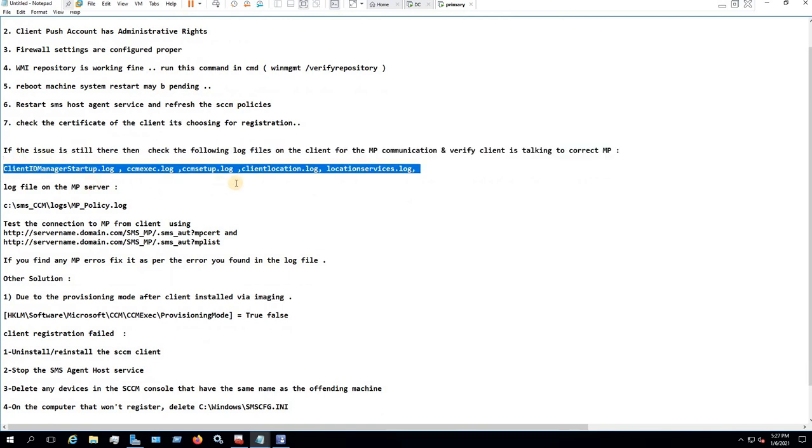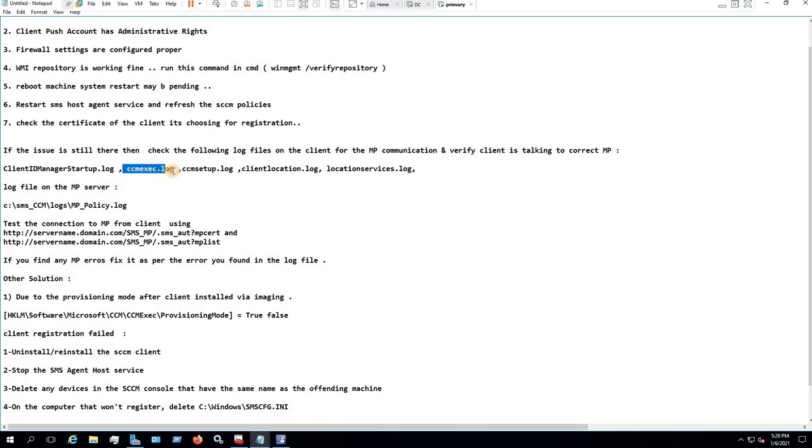This log file will check for any issue in MP communication, and verify that the client is talking to the correct MP. ClientIDManagerStartup.log will tell you that the client is successfully able to register itself with the management point.